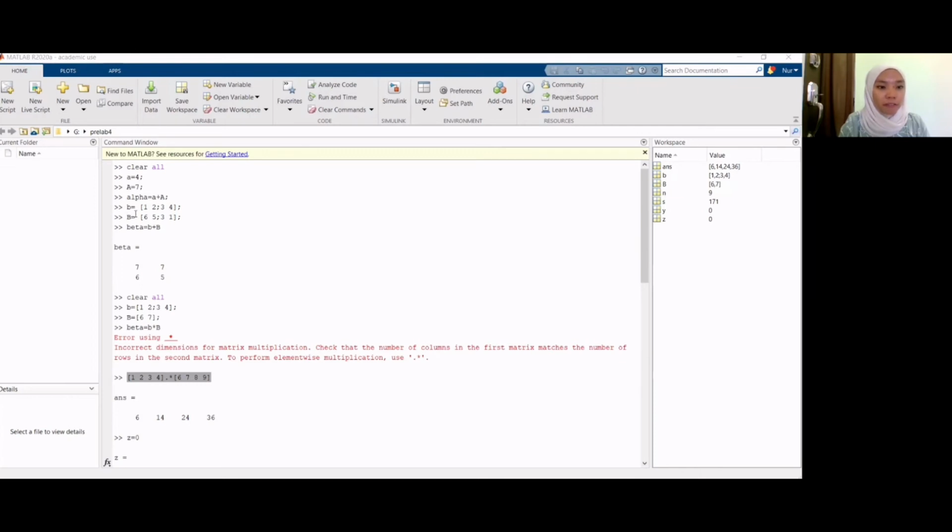The value of b is 1, 2, 3, 4, and the value of capital B is 6, 5, 3, 1 in matrix form. So we have to find the value of beta is equal to b plus capital B. So we have the value of beta is 7 7 6 5 in matrix form. After that, the next